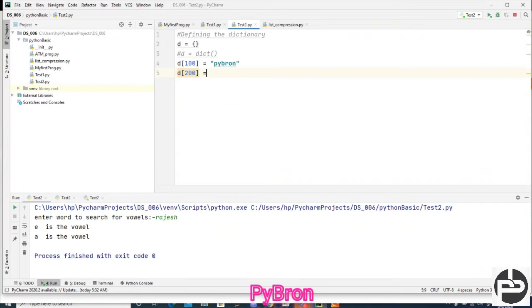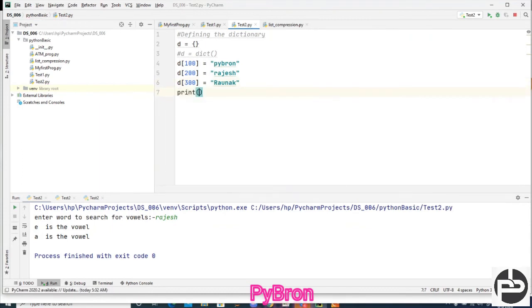And here I am going to define like this, 100, and here I am going to define Ronak. Anyone knows Ronak here? Very famous comedian, RJ Ronak.